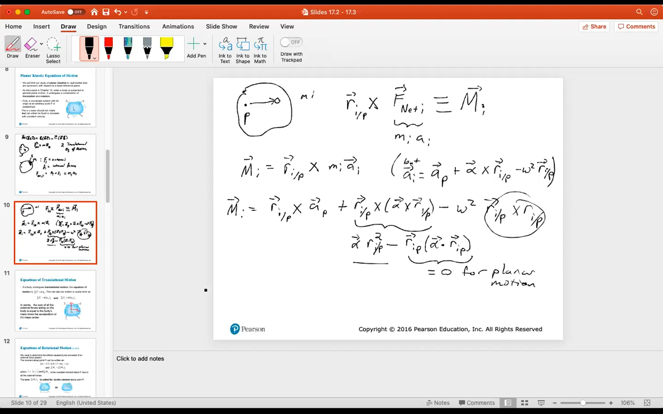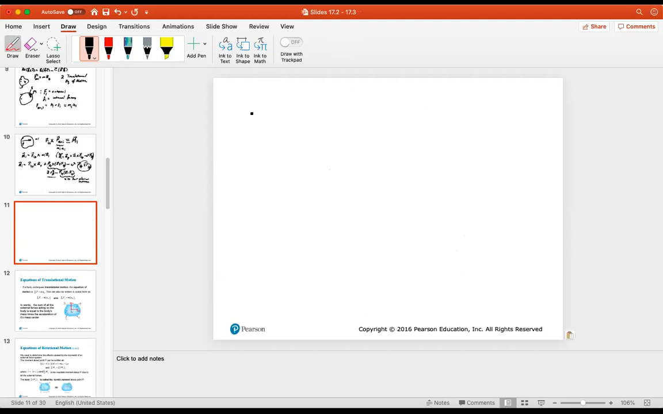So let me summarize that. When I have a blob and I have a point P with an axis of rotation running through point P, and I focus on a little bit of mass i, the net moment of i about point P is r_i relative to P cross the acceleration of P,